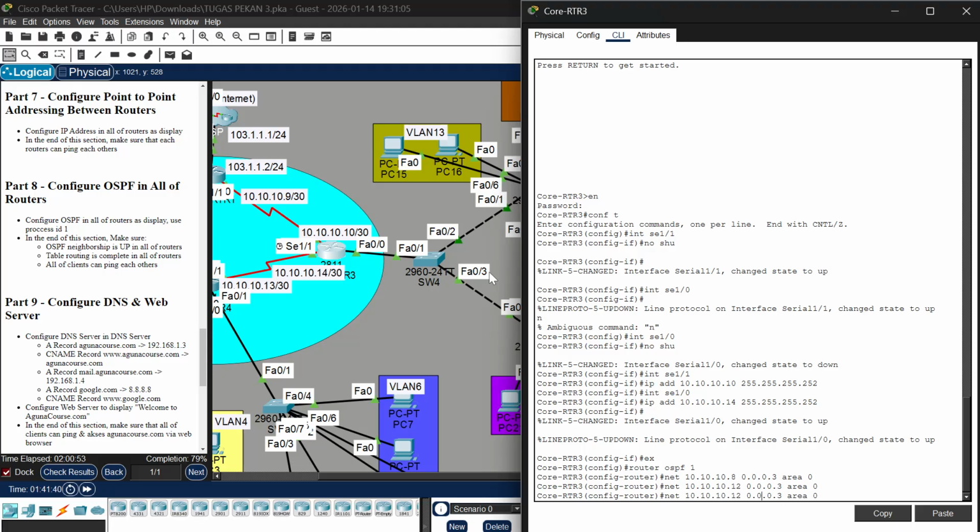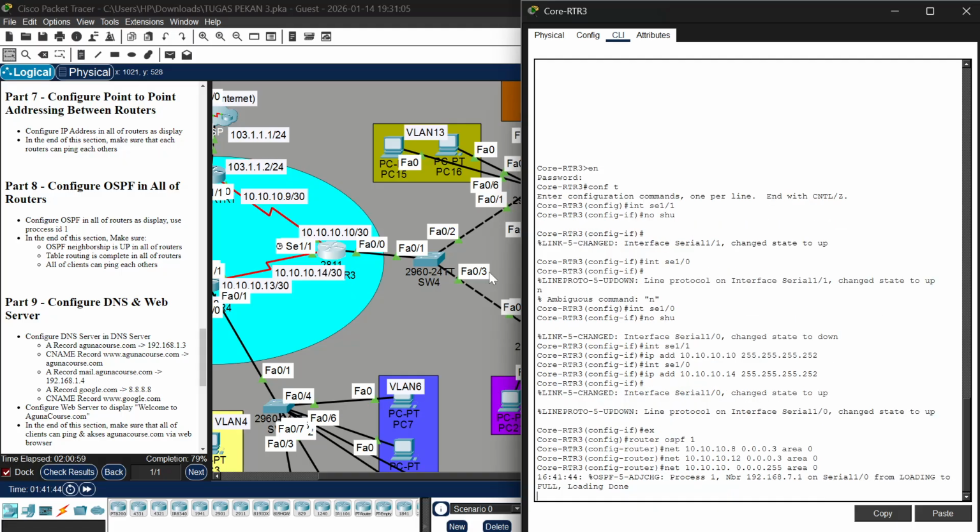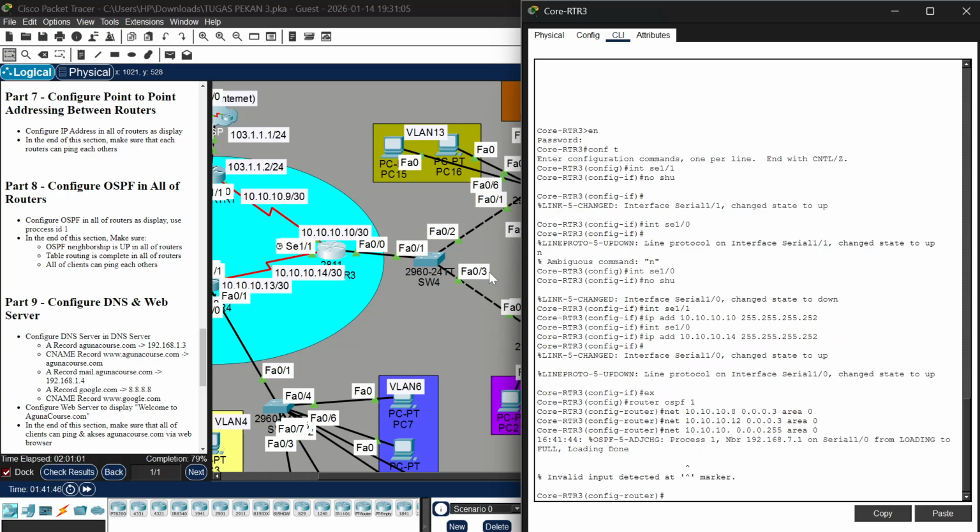And now we configure 255. We start from enter. We start from